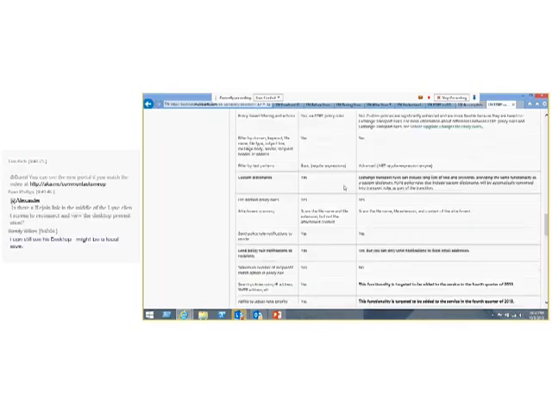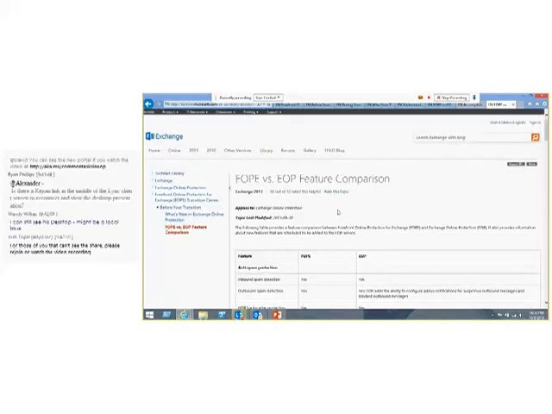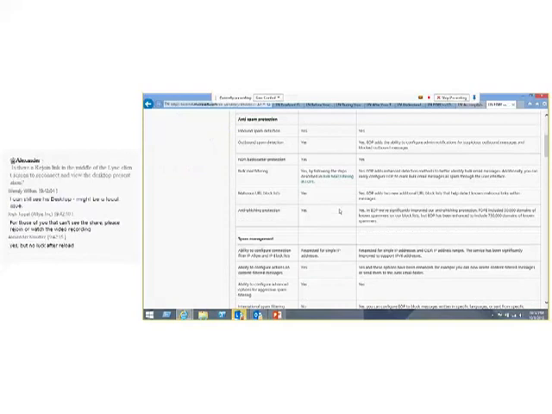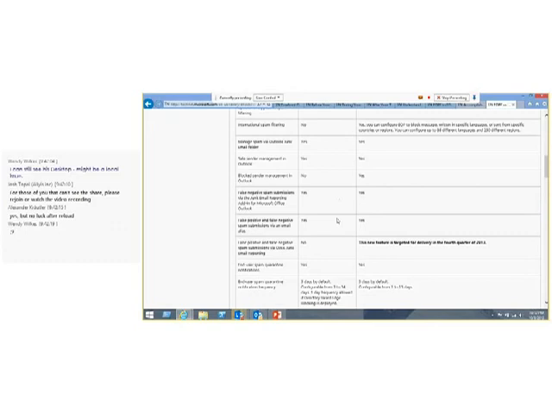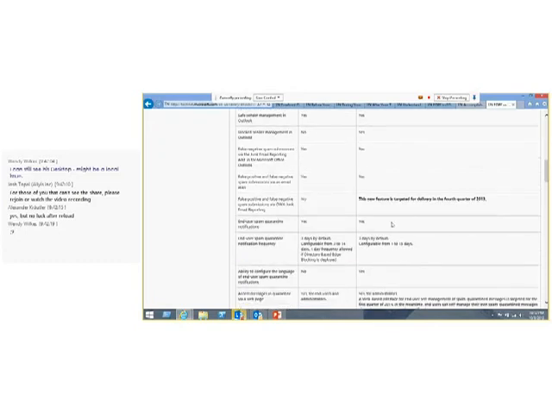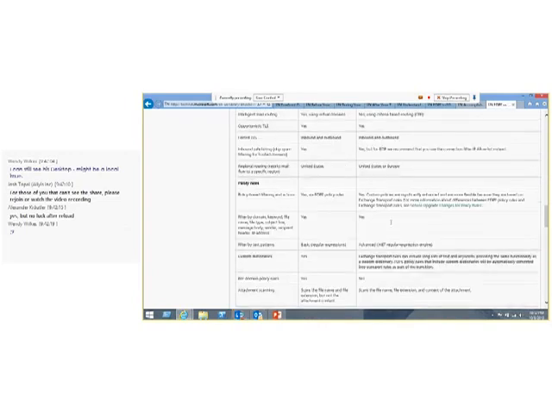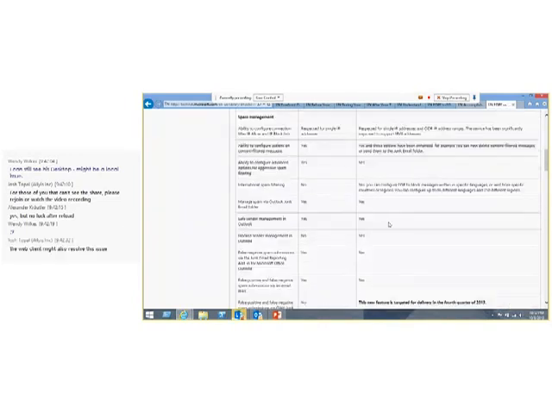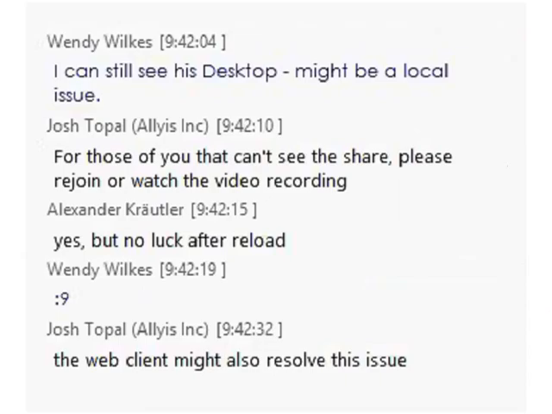And yep, the site for the FOPE to EOP feature comparison, quite handy, and this will get updated as and when we make tweaks to the product. If there's something which is currently not present in the product, we'll go ahead and make sure that it's updated. You can always keep your feedback coming because that will help us in incorporating that into the current product as well. So with that, I'd like to wind up the slide deck. Go ahead and switch back to my presentation.